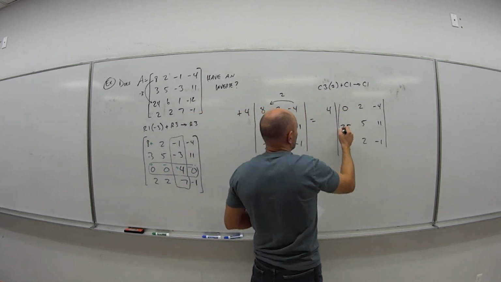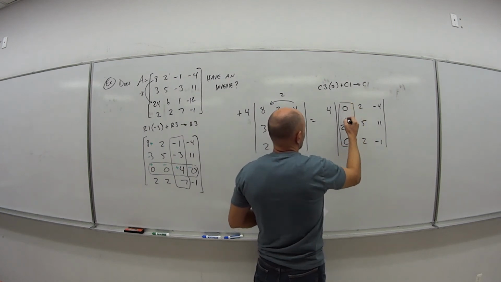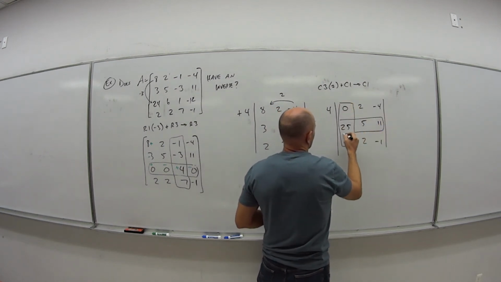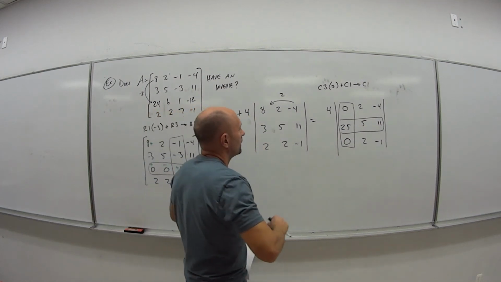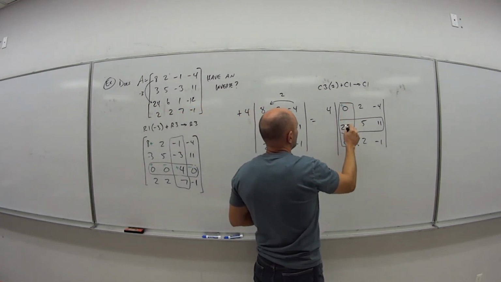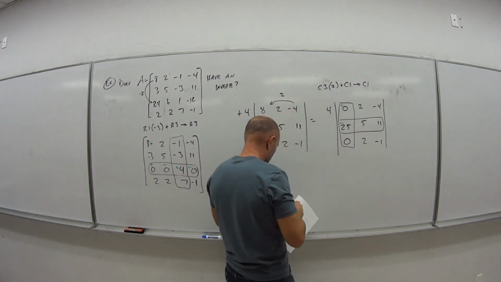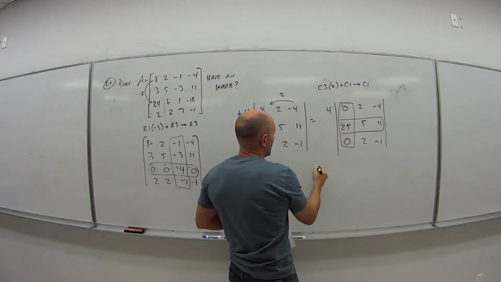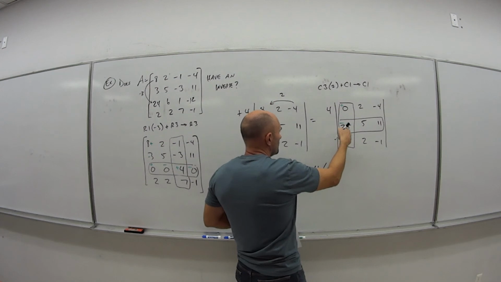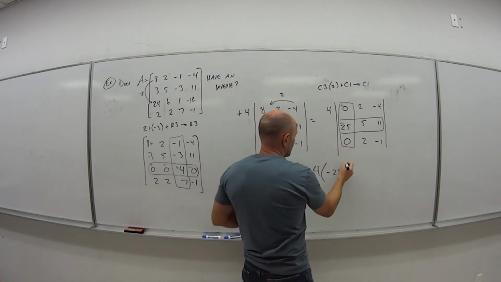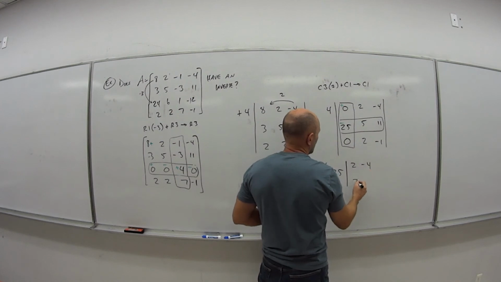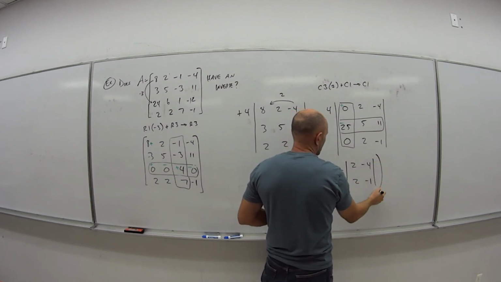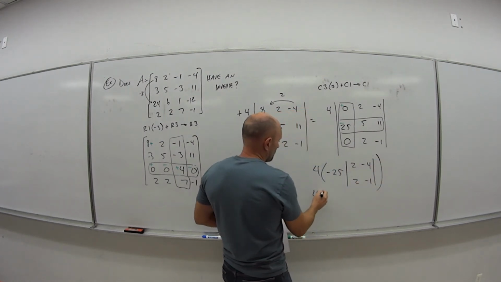So now I'm going to expand off of this row. So the only one I have to worry about is that column rather, so we have that row, and now we need our plus minuses again. So plus, minus. So it's 4 times -25 times the determinant of what's left over. 2, -4, 2, -1. So I get 4 times